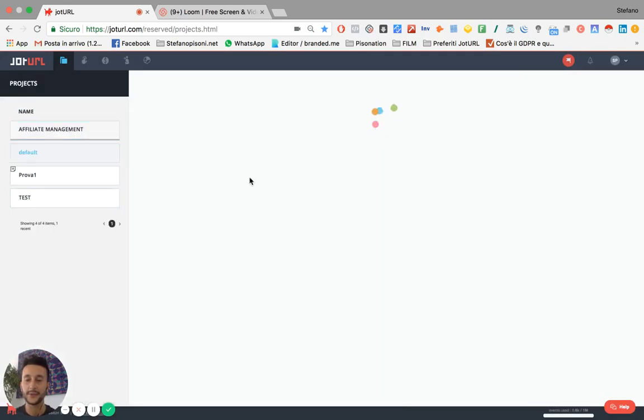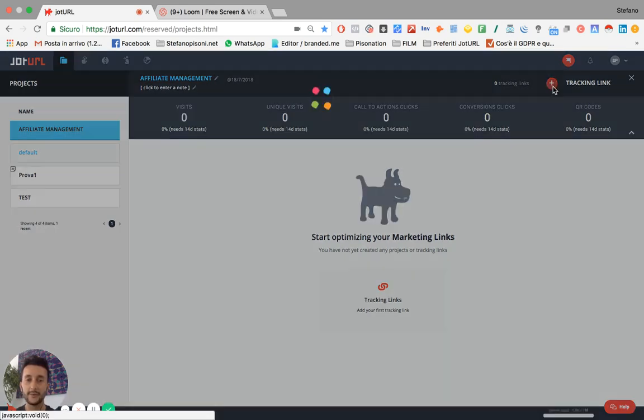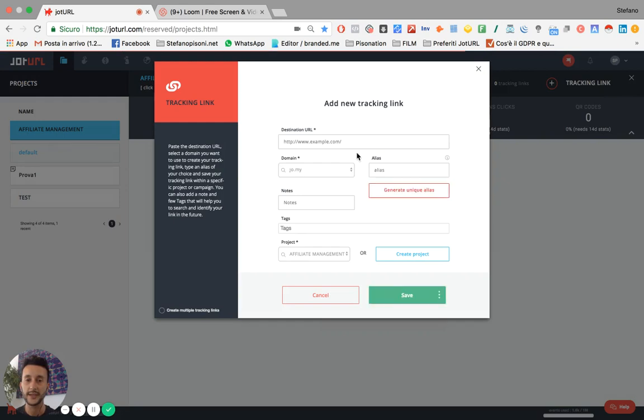The strategy is to create a main tracking link that tracks conversions on your website, and then create a tracking link for every affiliate you have. Let's see how. Okay, create a new tracking link. Use your destination URL, like your website, and then